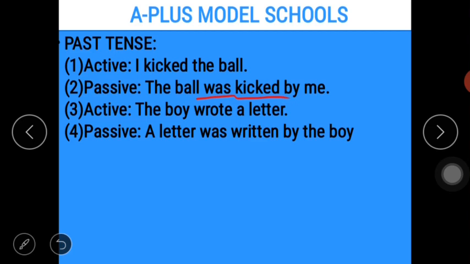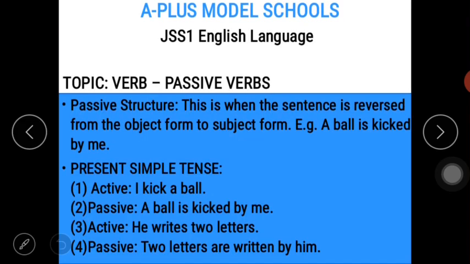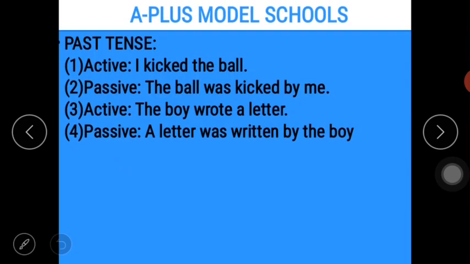Past tense in the passive form. Do you understand that? Okay. The next one says the boy wrote a letter. Go back there. We have he writes a letter, which is a simple tense, the present simple tense. He writes, that is, he is presently writing it. Now the past of writes is wrote. The boy wrote. You see that? A letter. Now the passive form of the tense will be, a letter was